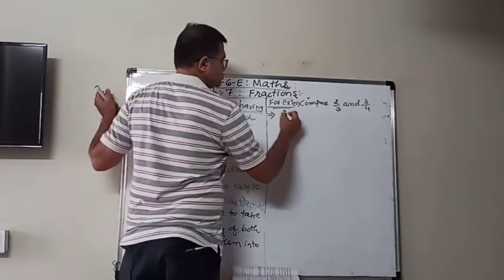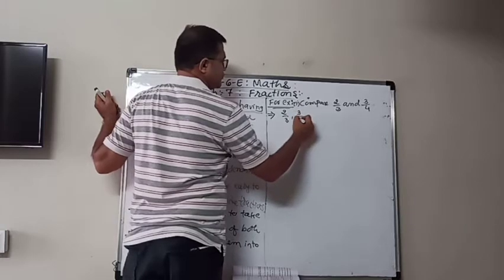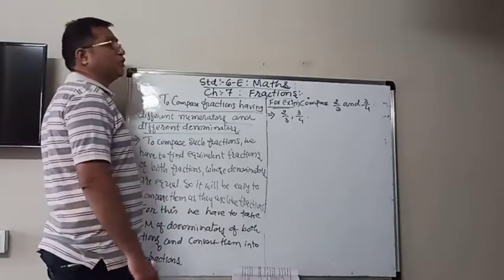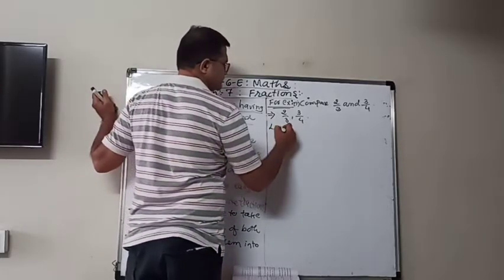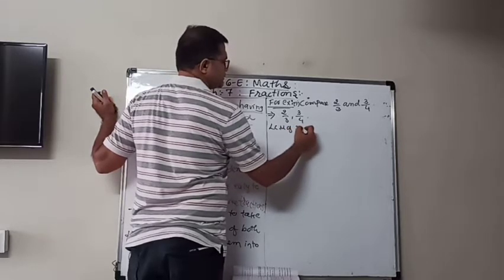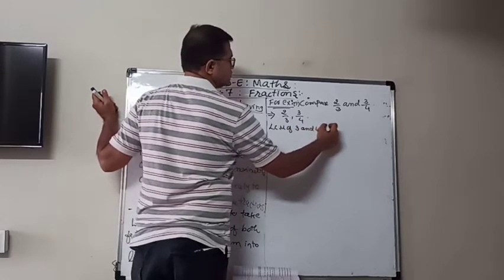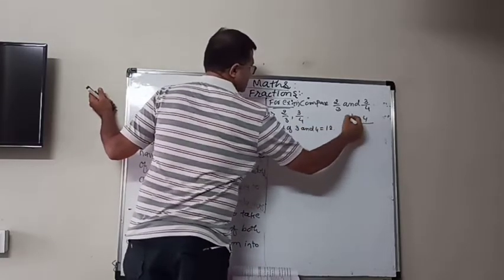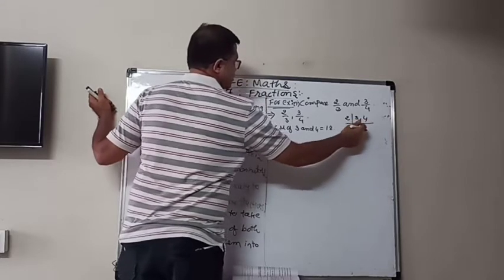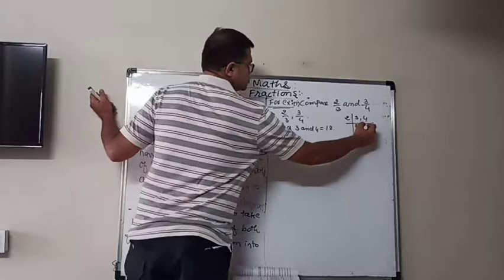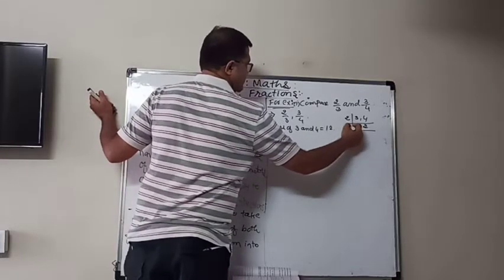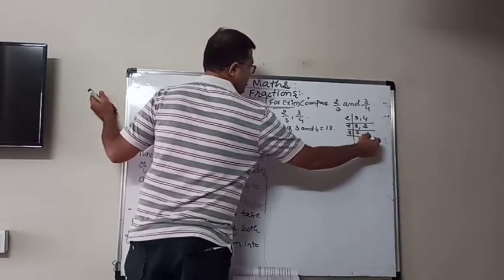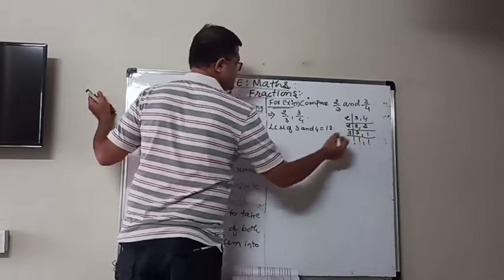Now here 2 by 3 and 3 by 4 are there. As I told you, we have to take the LCM of the denominators. So the LCM of 3 and 4 is equal to 12. If you don't know how to do it: first, 2, 3 is not divisible, so 3 is as it is. 2 2s are 4, so we can divide by 2, 3 is not divisible, and 1. And 3 is divisible now, so 1 and 1. So 2 2s are 4, 4 3s are 12.